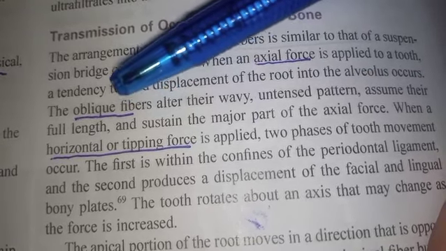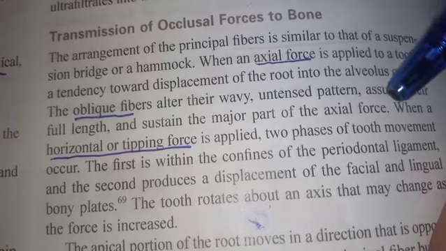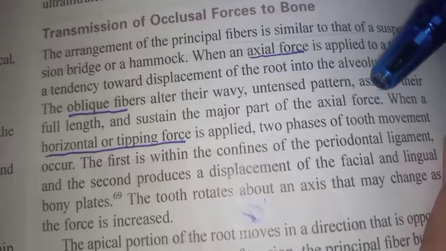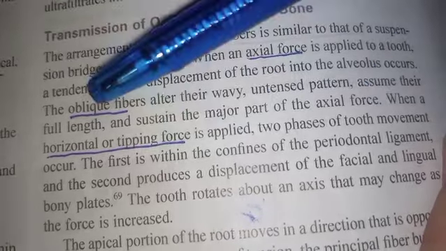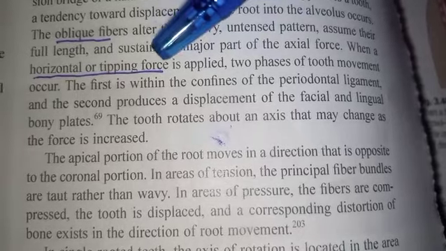In this way, the oblique fibers, which are wavy, become untensed and assume their full length and sustain the major part of the axial force, meaning they tolerate these axial forces. When horizontal and tipping forces are applied, basically the horizontal force is the